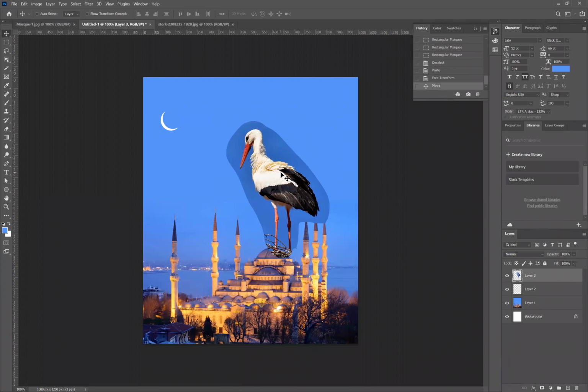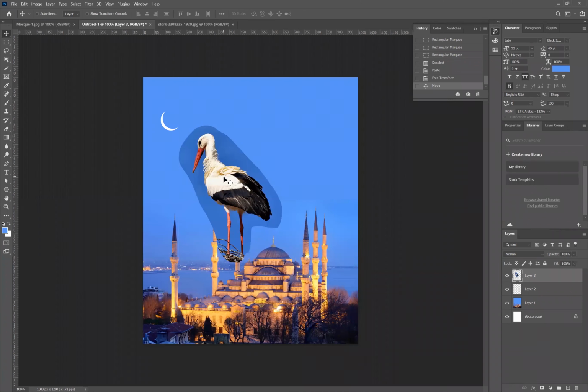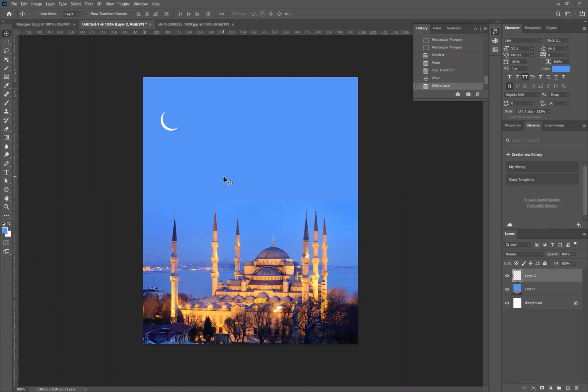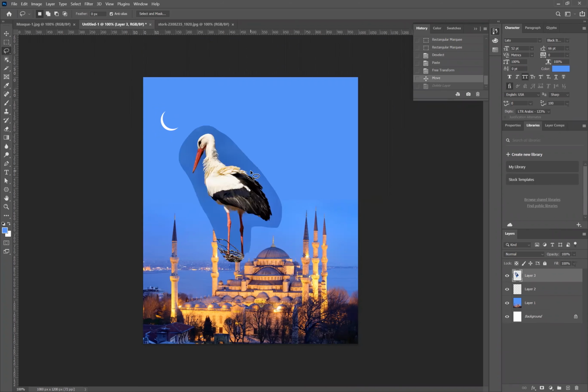Is this clear? Yes. Okay, so that is basically the use of the lasso tool. Whenever you have the ability to draw and select, you can do that. Sometimes this lasso tool is very useful. I will tell you where exactly you can use it.